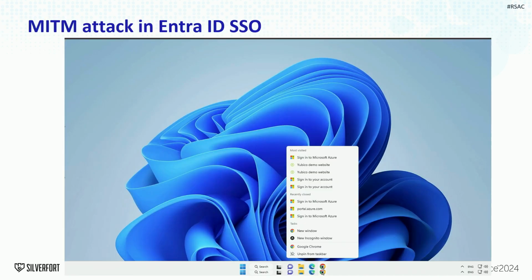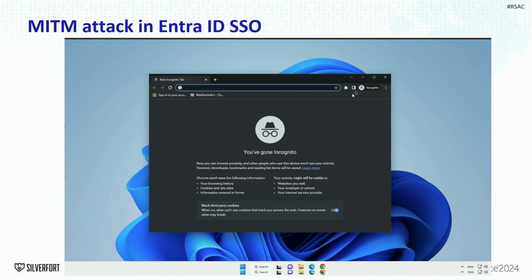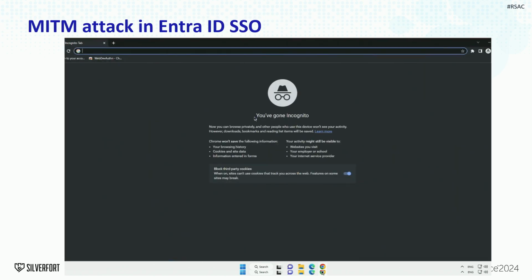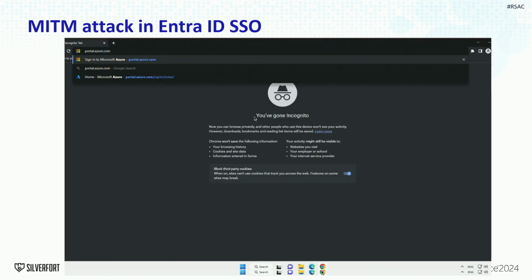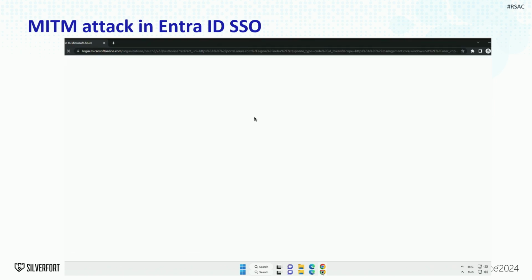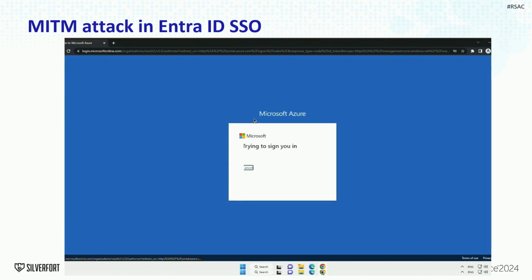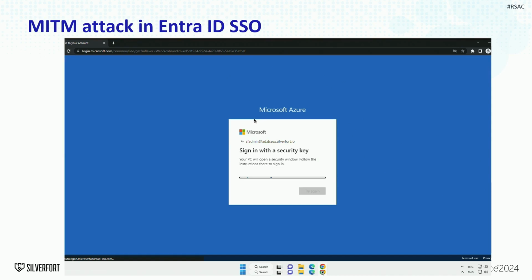Let's see a demonstration of an attack on Entra ID SSO. Again, I used Fiddler to decrypt the traffic conveniently. In this use case, I tried to authenticate to the Azure Management Portal, which contains a lot of sensitive data. I used the authentication mechanism of Entra ID SSO.